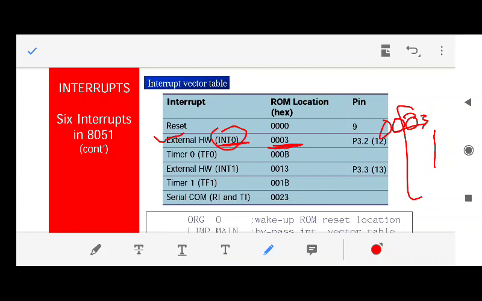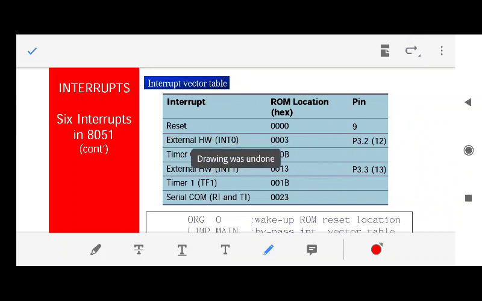Until the return instruction is encountered. Whenever the return instruction is encountered, it will go back. Fine. So this is the interrupt vector table, and for each of the 6 interrupts you have a defined location.